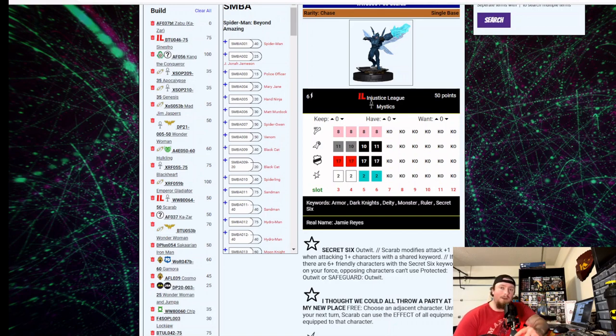Granted, there are a lot of ways to get around blocking after the rules change goes into effect with Spider-Man Beyond Amazing. But with 12 squares of blocking, there's really only so much that somebody can do, especially because the stop signs